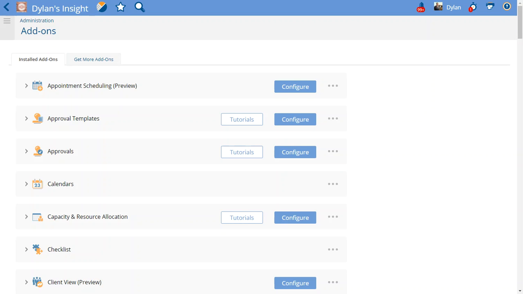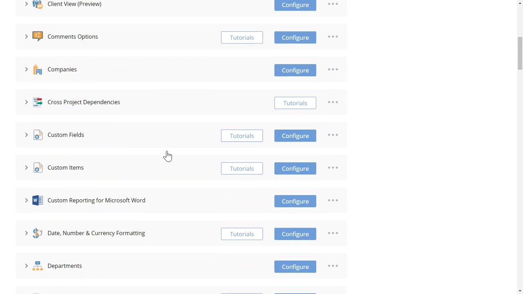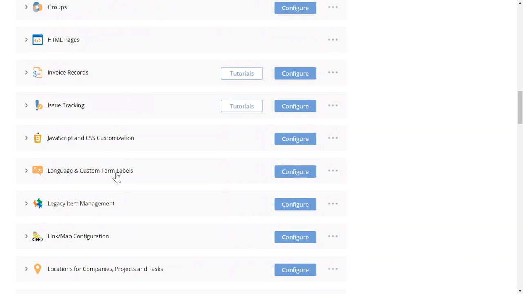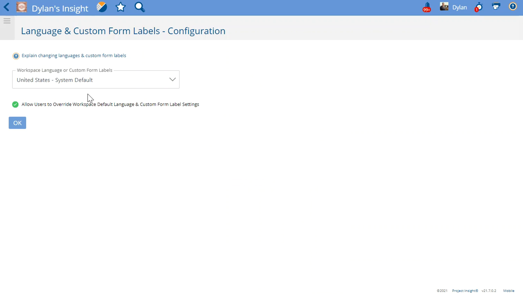This video walks through how to use the Label and Custom Forms add-on in Project Insight. First, we'll go to the add-on. It's down here, Language and Custom Form Labels. If I hit Configure, it will take you to the system default, which is the United States system default labeling